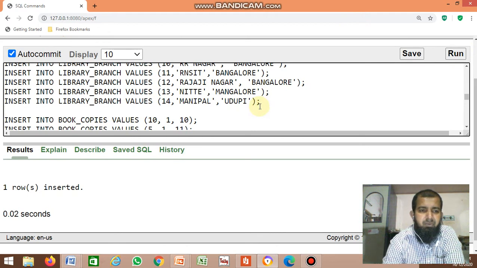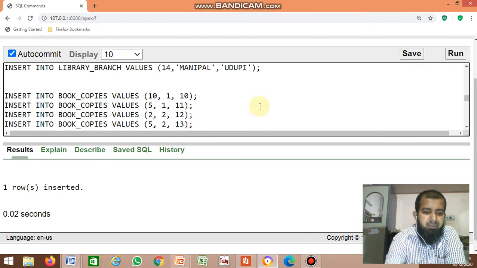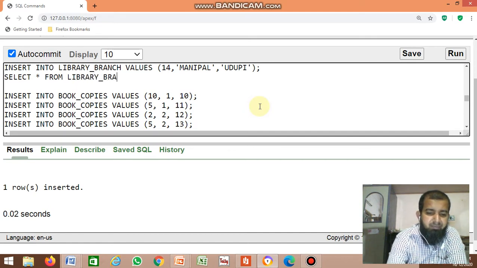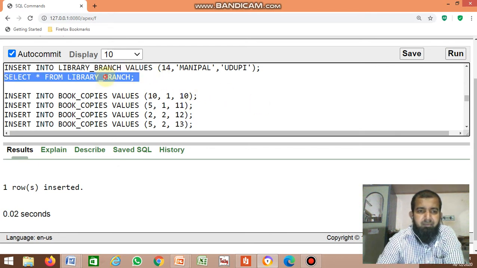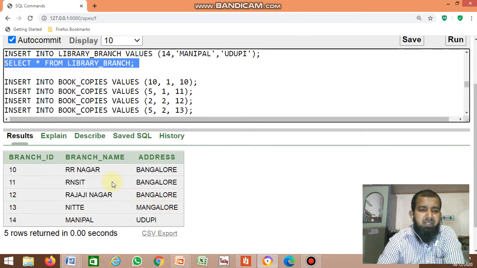Now display the contents of the table: select star from library branch. So it displays the library branch table. There are 5 records in the library branch table.